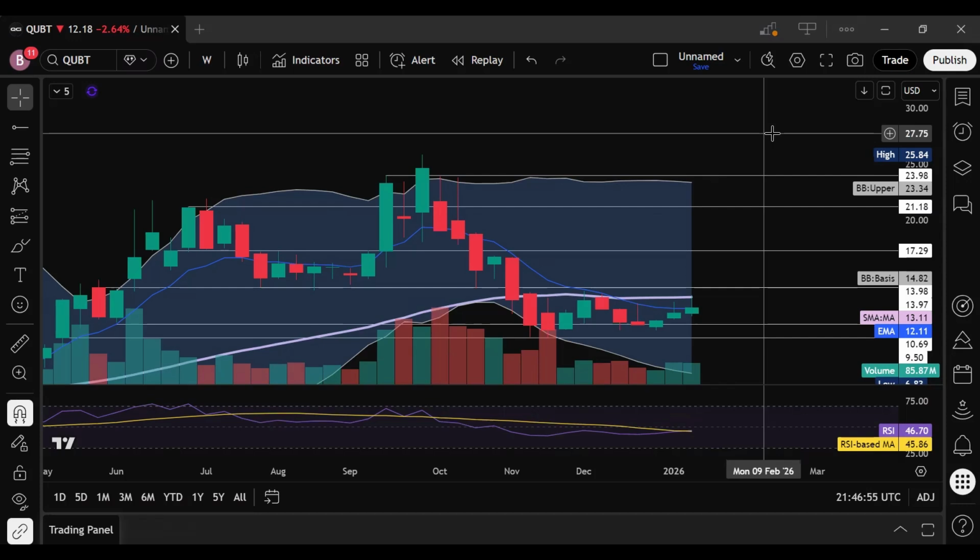Above there, we're going to be looking at 14. And then we're really going to keep an eye right on that 9-day EMA. We're up against it right now, just sitting on it at 12.11. So that is going to be a key level for us in here as well. So a couple of levels that we're going to keep an eye on tomorrow as we're looking for that overall expansion in our IV or contraction in tomorrow's expiration. But all in all, decent move in here on the week for quantum computing, although we did have that little pullback in here today. So let's see how we're going to end the trading week tomorrow and close out this candle.